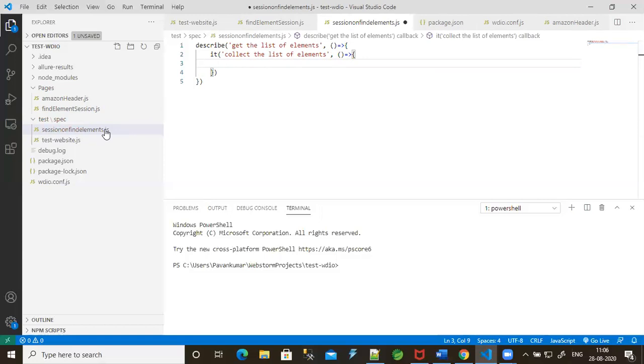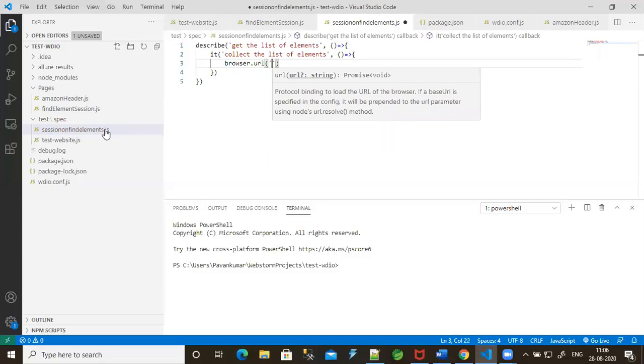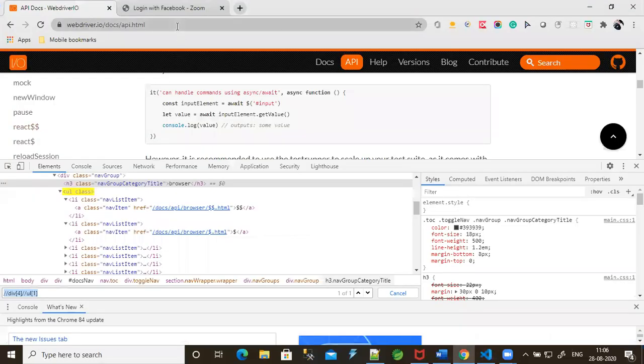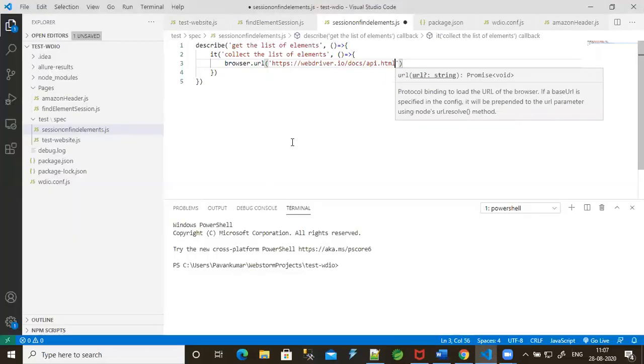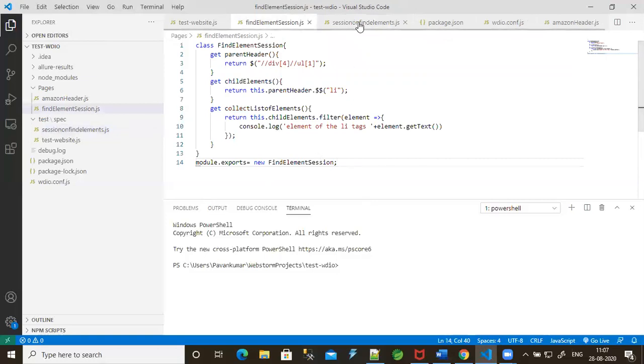Now assign the URL which you're going to test. Browser dot URL. I'm going to use this URL, so I'm typing it here, and we have to use the find element session class inside this.